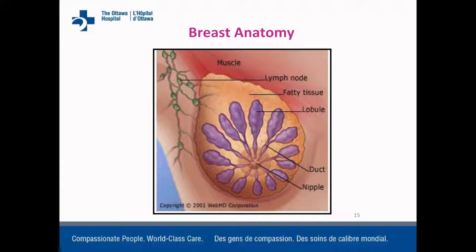So both sides, your neck area, and the axilla area when you're doing your breast self-exam. The final part of a self-examination that sometimes women aren't aware of, for both a lumpectomy or a mastectomy, is that you make sure that you do a visual inspection of the skin, looking in the mirror for any visual